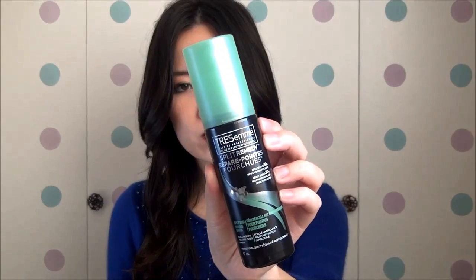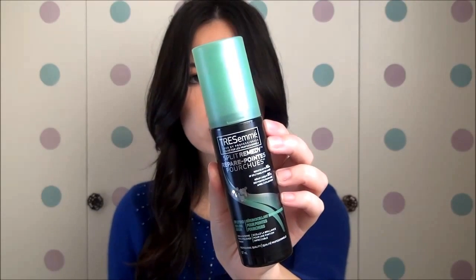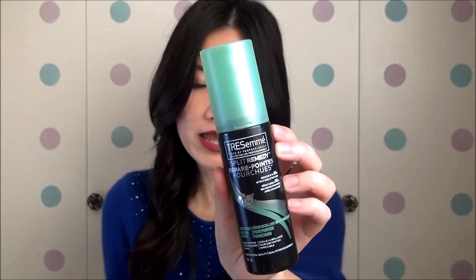Now, after showering and conditioning, all of that, I will usually use one of two products. The first one here is Tresemme Split Remedy, no, split end sealing serum. That's a mouthful. What this is really is a serum for your hair to supposedly seal your split ends, but what